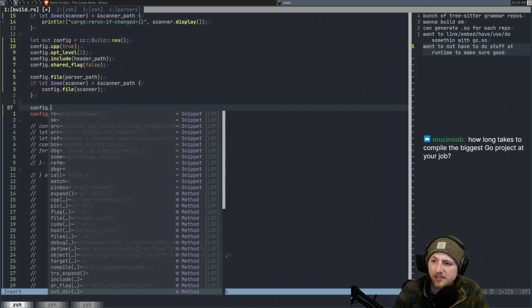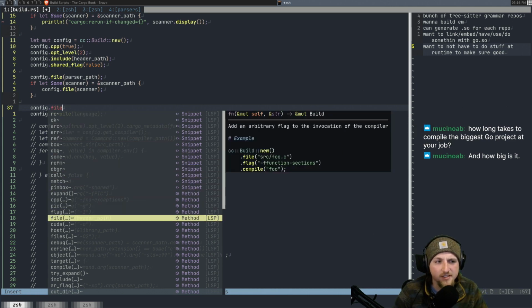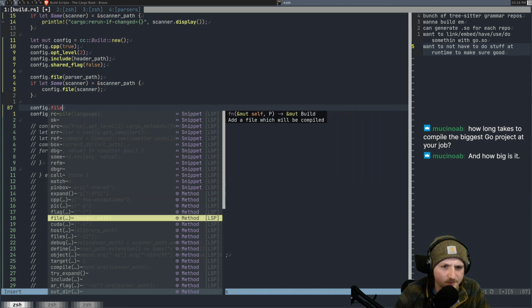How long takes to compile the biggest Go project at your job? I don't know. It doesn't take super long. I've never measured it. There's a bunch of other stuff that has to build at the same time, so it's kind of like